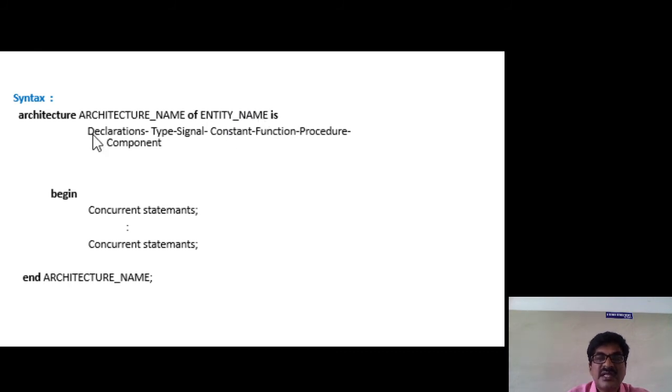After that, different types of declarations you can place here. For example, signal declarations, constant declarations, functions, procedures, component declarations. Whatever the declarations, those must be done before the word begin, immediately after the first line. Then there is the word begin. After begin only you can write the executable statements,